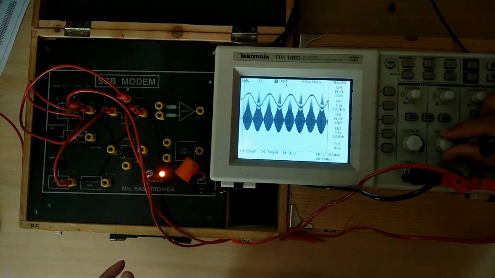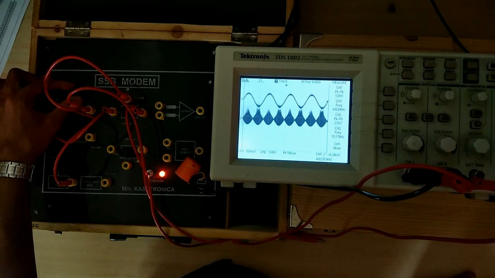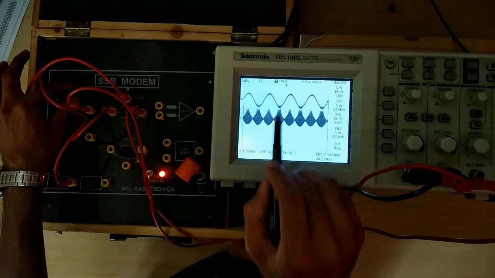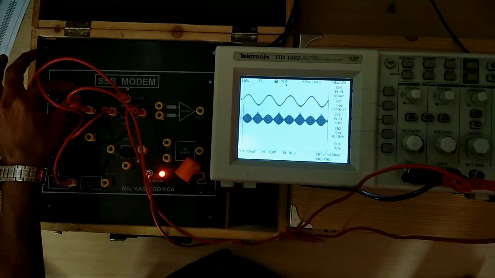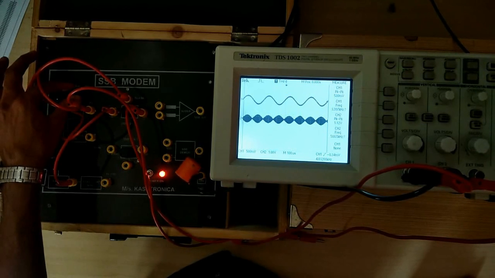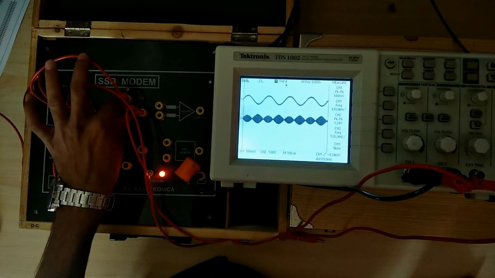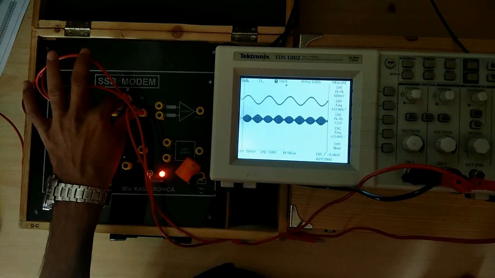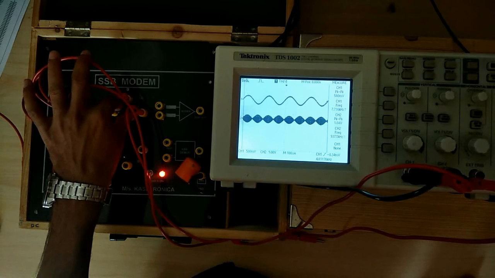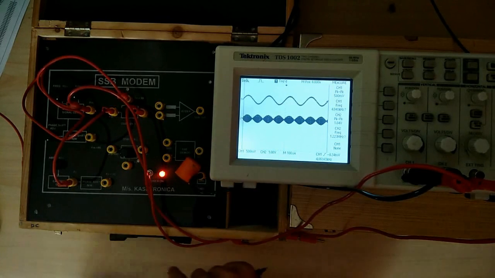So if you see, this is the DSB-SC signal. If the message amplitude is bigger, you can see some spurious component on that, so we can reduce the amplitude of the message signal. So now this is okay. With this knob we can change the sizes of lobes, but we know that the size of lobes must be the same for this message signal, because this is the DSB-SC signal for this message signal. So this is DSB-SC1 with respect to the message signal.